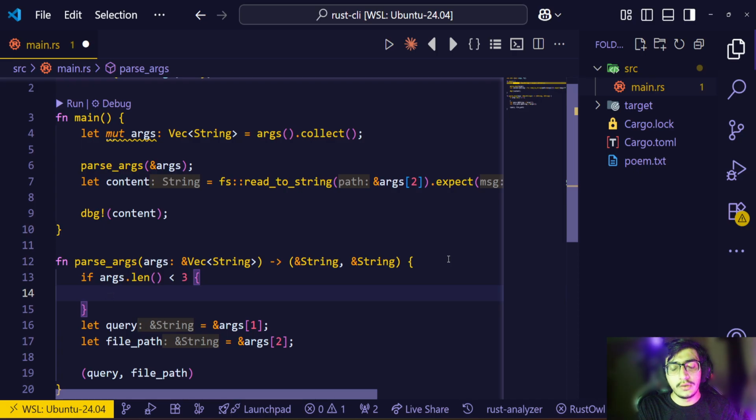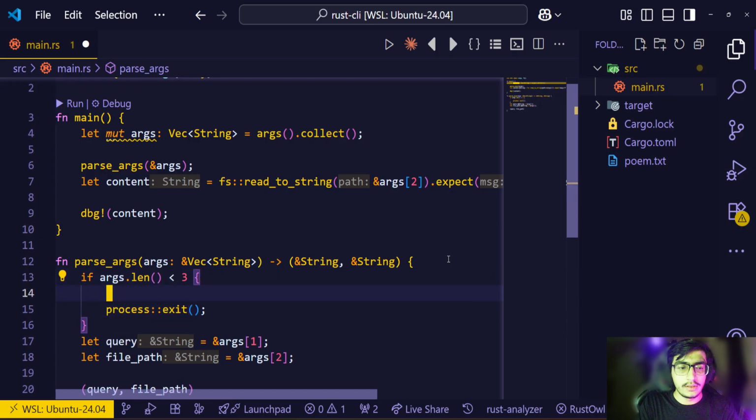We can just add process, and it should be exit. Process exit, and then we can add a print statement, println, and then we can say, you must have to pass the